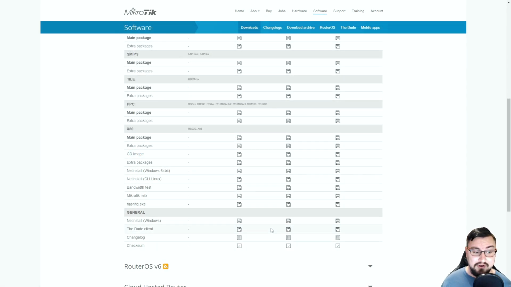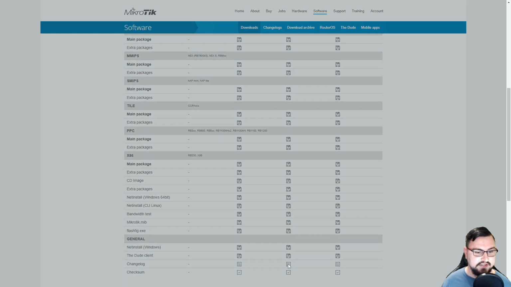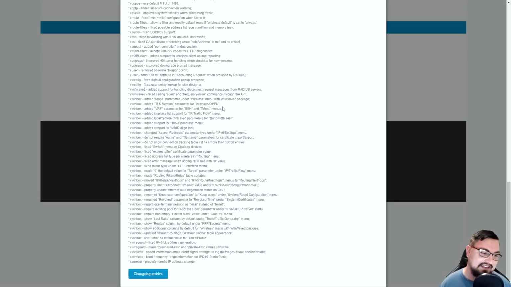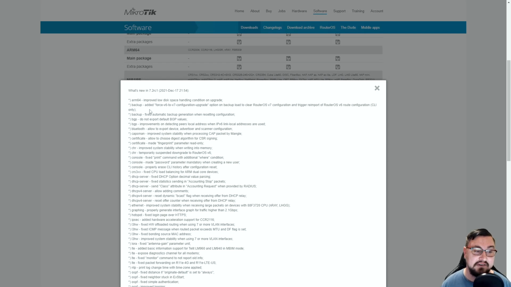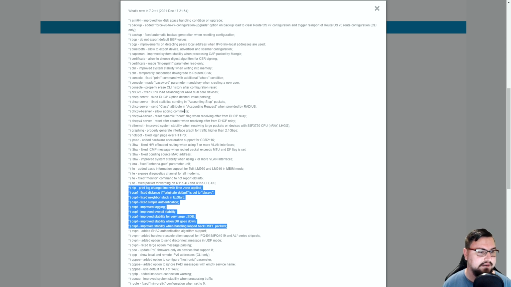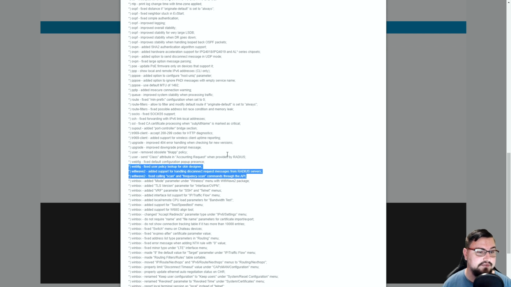I just want to show you all of the changes on 7.2. And it should be this one. So let's just look at this changelog. Look at this one. It's crazy. So you can see they've definitely been working on a lot of changes for 7.2 and more OSPF stuff, more BGP stuff, a lot of Winbox changes. There's a lot of extra changes. There's the Wi-Fi Wave 2 stuff. It's really